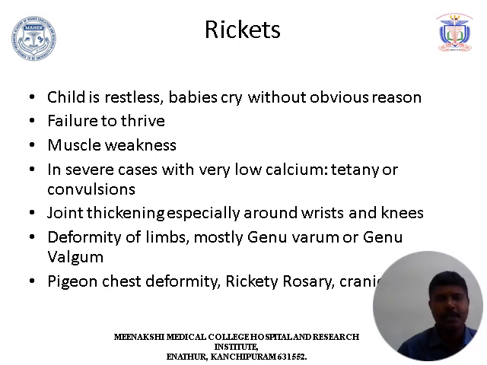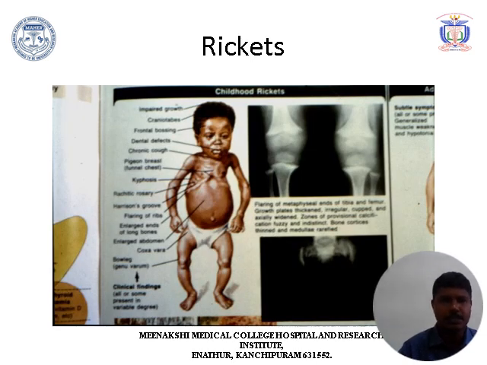Genu varum or genu valgum. And in the chest we have deformities like pigeon chest deformity, and rickety rosary like deformity can be present. In this clinical picture we can see that because of rickets we can have impaired growth of hair and bossing of frontal bones, and dental defects will be present, and pigeon-like deformity will be present in the chest, and the thickening of the costochondral junction will be present, that is noted as rickety rosary, and there will